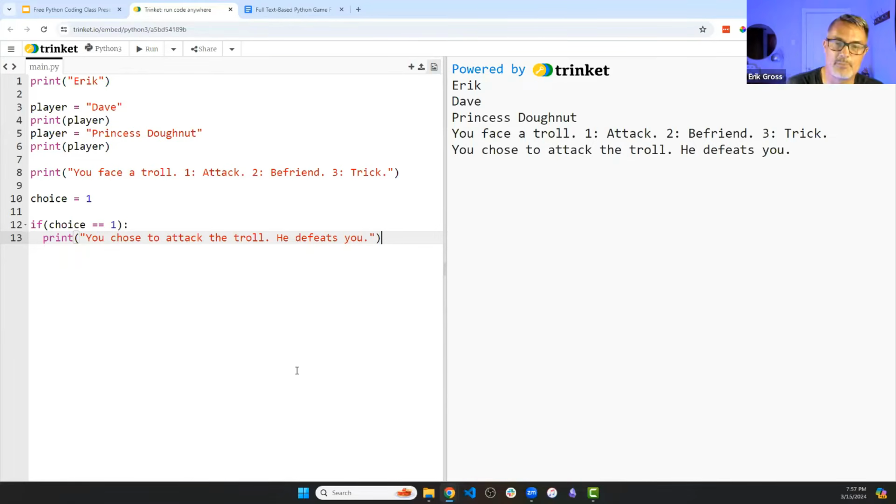All right, so let's account for the other options. Let's hit enter. Now, this is important. We're done with the instructions that we want to have happen if that condition is true, if the choice equals 1 condition is true. So we need to not be tabbed over by 2 spaces. So we need to hit backspace so that we're back where we started. Don't forget that, or your code will get kind of weird. All right, so let's set what happens if choice is equal to 2. I think you do this yourself. If,